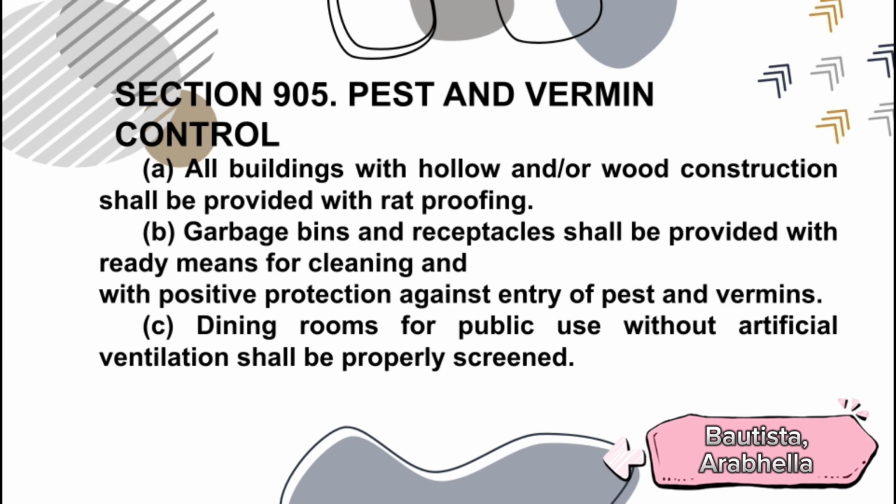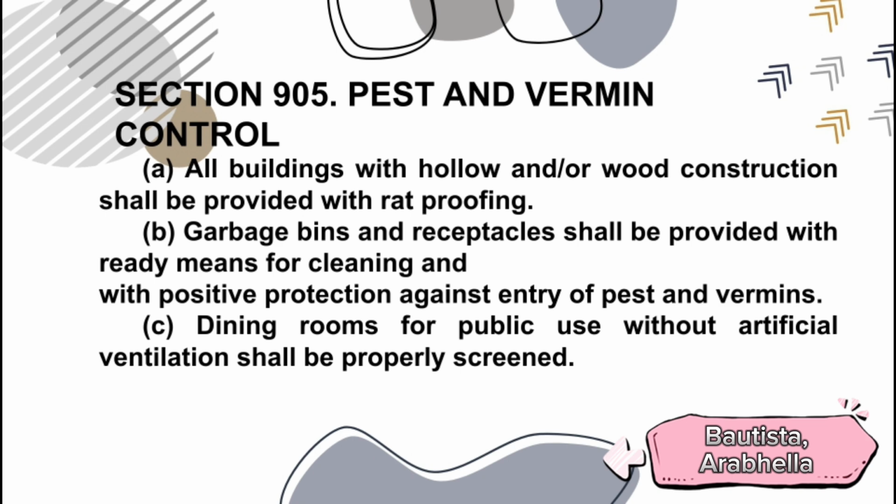Yung mga pests is yung mga langaw and vermins naman is yung mga daga, ganun. C. Dining rooms for public use without artificial ventilation shall be properly screened. So, yung mga dining rooms na intended for public use and hindi ginagamitan ng artificial ventilation like exhaust fan ay dapat properly screened or dapat protected ng screen yung mga butas na maaaring pasukan ng pests and vermin like doors